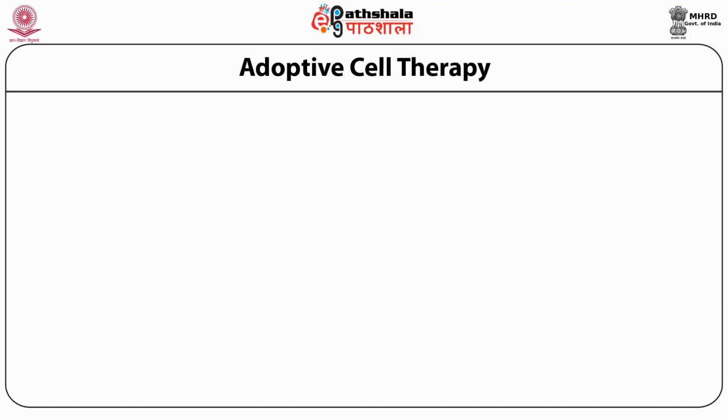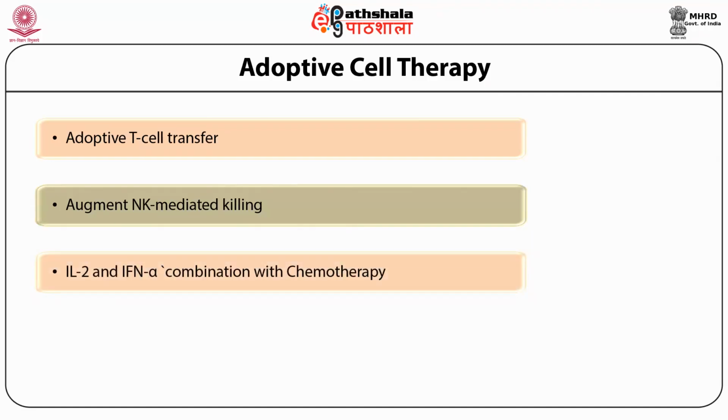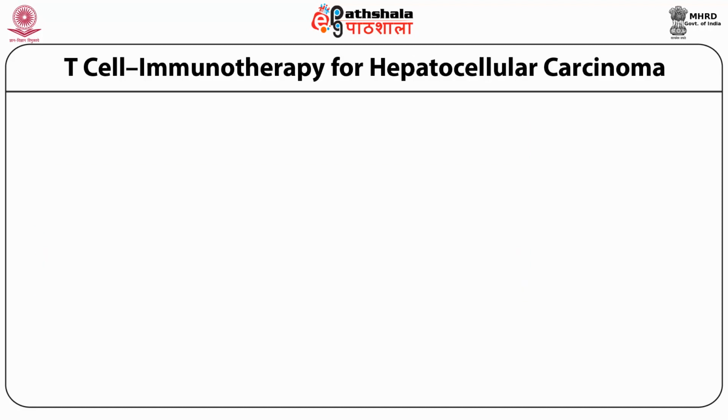Adoptive immune therapy, or adoptive cell therapy, basically recruits adoptive T cell transfer, or it recruits NK-mediated cell therapy, which is the NK-mediated killing of the cancerous cells. It can also be cellular therapy in combination with cytokines like IL-2 and interferon alpha, or with chemotherapy. So three kinds of cellular therapies are most popular in these diseases, which explains how T cell immunotherapy works for